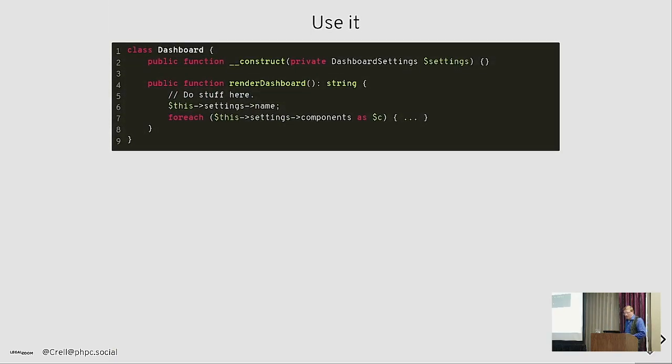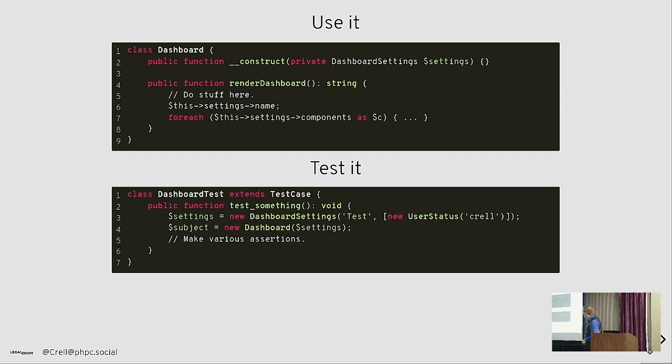How do we use it? Well, we have some service in our system, and we're just going to declare that as a dependency. Declare dashboard settings. And then we can do stuff with it. We can guarantee our data is valid at this point, because the type system says so. You want to test it? Great. You create a new dashboard settings instance yourself. You don't need to write anything to disk. You don't need to set up demo files. You just make the object, pass it in, and do your testing.